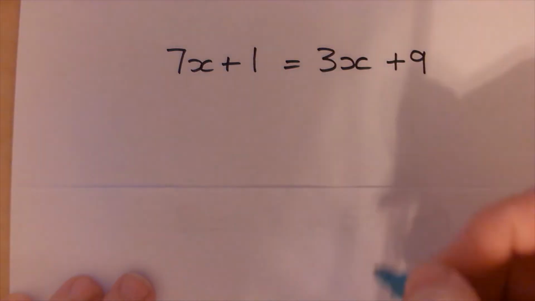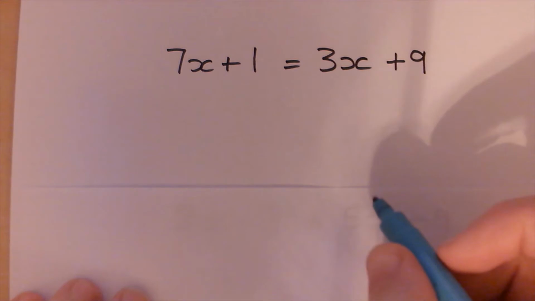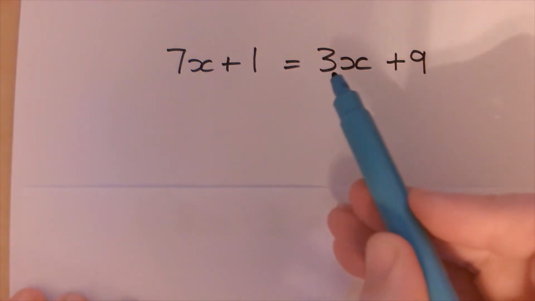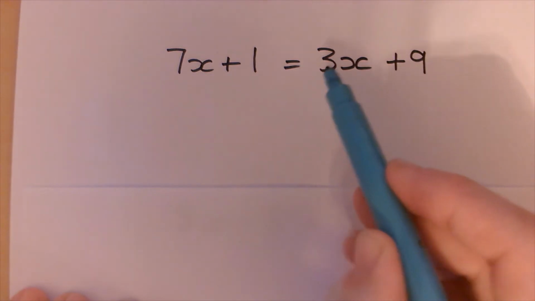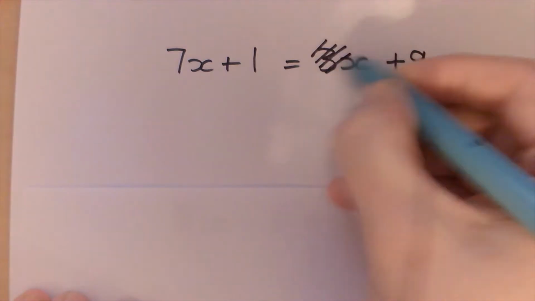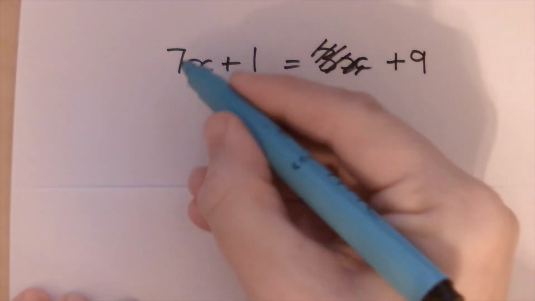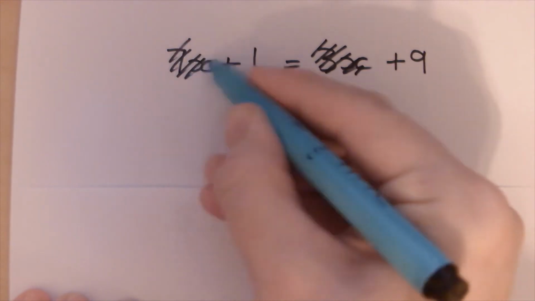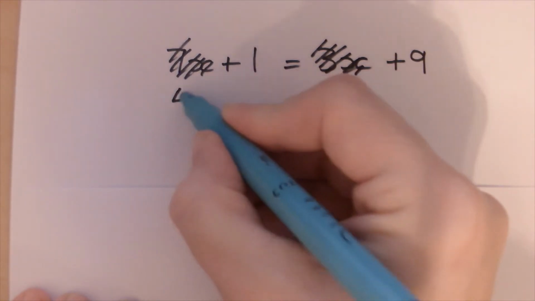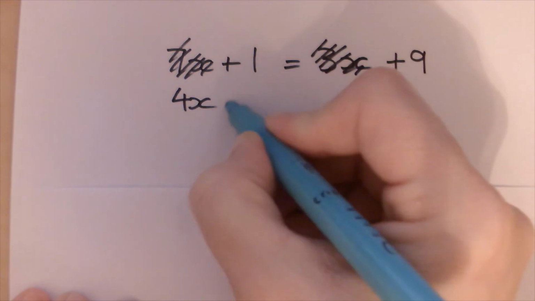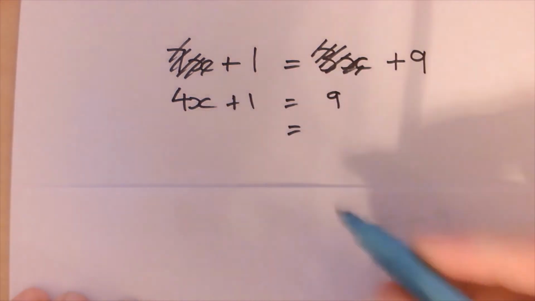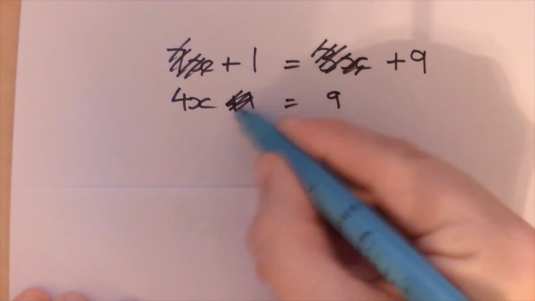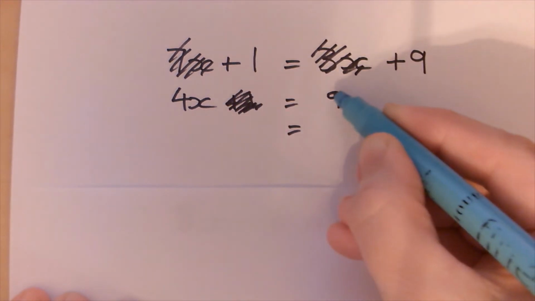But you don't always want to be drawing out the x's, so my rule is always start with the smallest x's. So 7x and 3x, this is the smallest. Take them off. Take off 3x's from there, and I'm going to get left with 4x's. I've still got the plus 1, and I've still got the 9. So now I'm going to take 1 off that side, take 1 off that side,